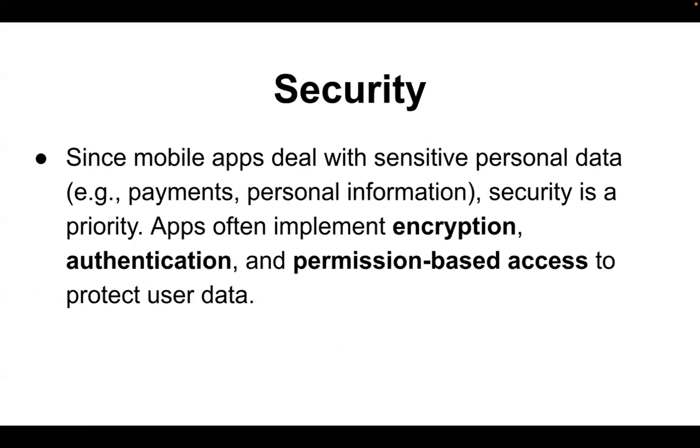Okay. And next one, security. We already covered that we can use encryption and decryption functionalities, authentication, and permission based access. If you don't give the permission, your location or notifications cannot be detected. The second one is related to payments. Nowadays everyone is using Google Pay and PhonePe. That time your information is also in a very secured way, because mobile apps use encryption and decryption. So that is the main fundamental thing of security.